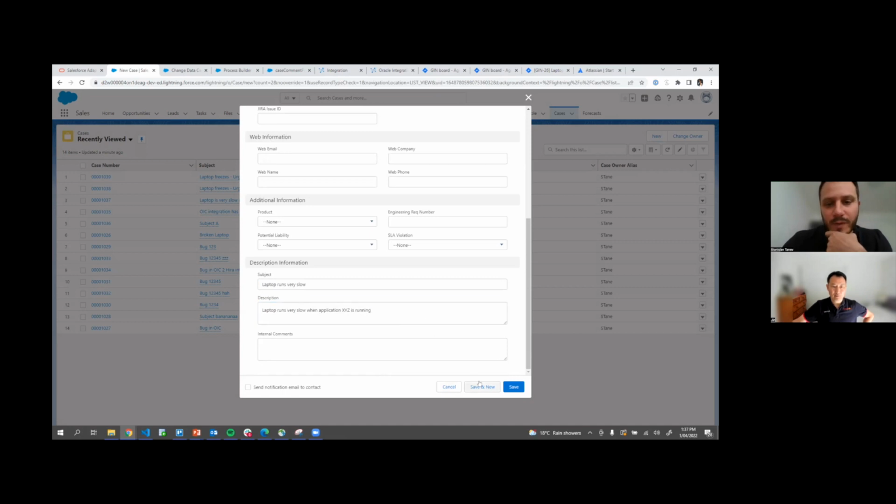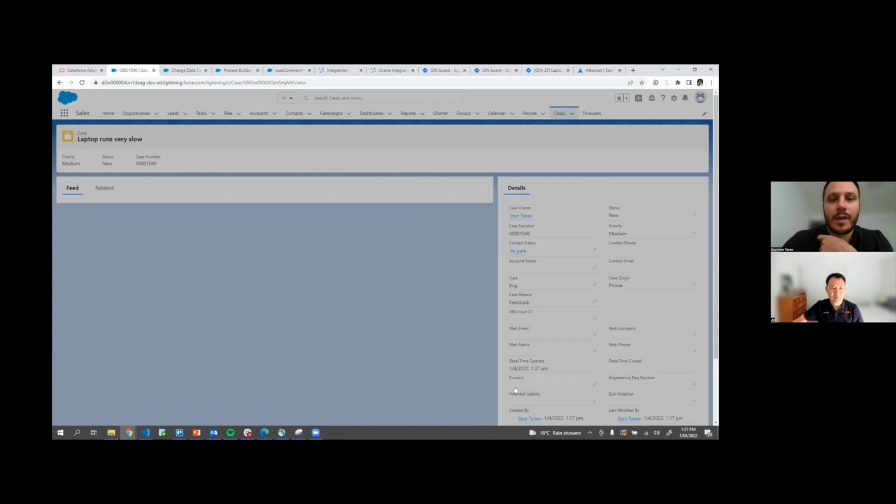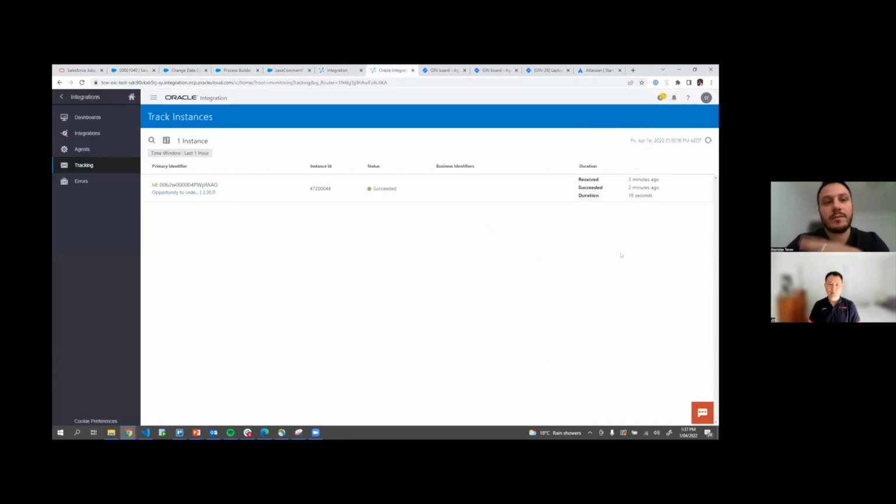So there we go. We've created a case. I'll click save. And now this should trigger a CDC event, which OIC should receive and propagate to Jira. So again, if we jump into OIC,